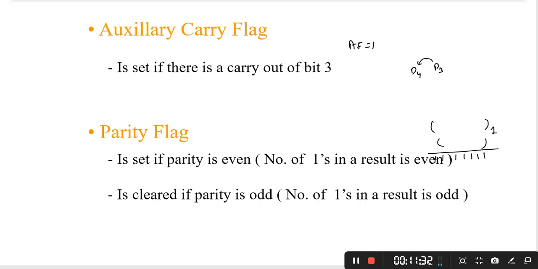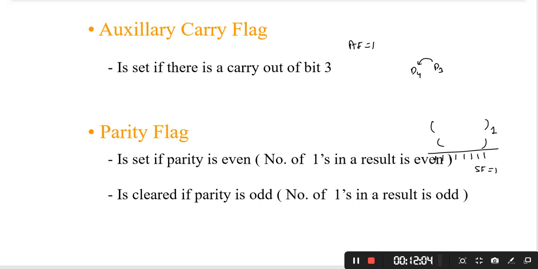When the number of 1s in the result is even, for example if we count the number of 1s: 1, 2, 3, 4, 5, 6, 7, 8, there are eight 1s, so the parity flag will be 1. But if the result has an odd number of 1s, then the parity flag will be 0. This parity information is used when we do communication with the outside world. It is used to check whether the communication that took place is correct or not.